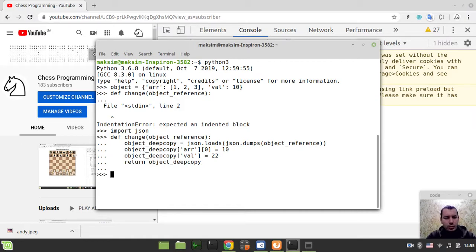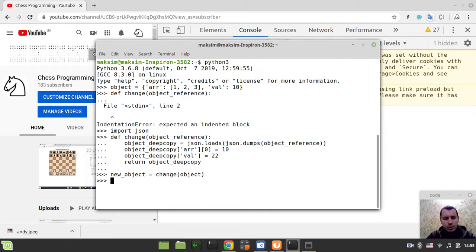Okay, so now we create a new object. So new object would be equal to change, and I'm passing the object reference, literally the address of that, to